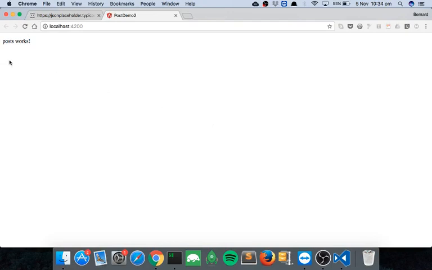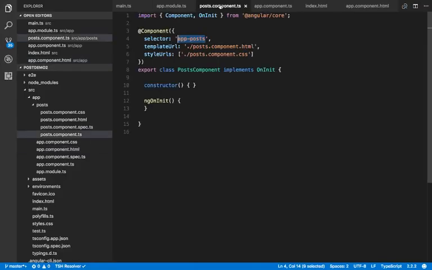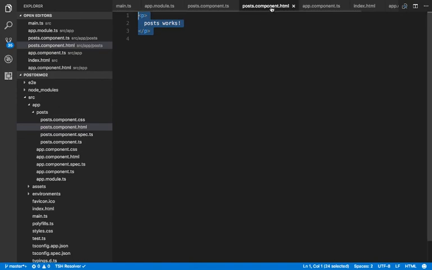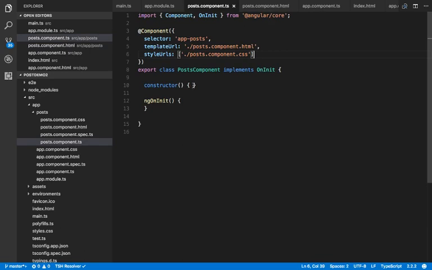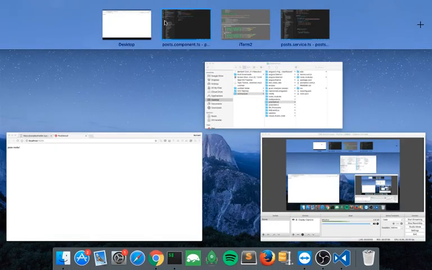So you see here posts works, and the reason you're seeing that is because this is the HTML file for the posts component, and it just says posts works. So that's all fine. That's how you create a new component, and how you allow that component to be displayed on the screen. So what we're going to do next is I'm just going to reference this other